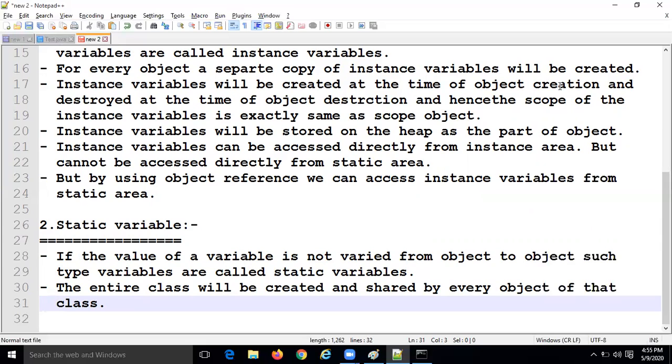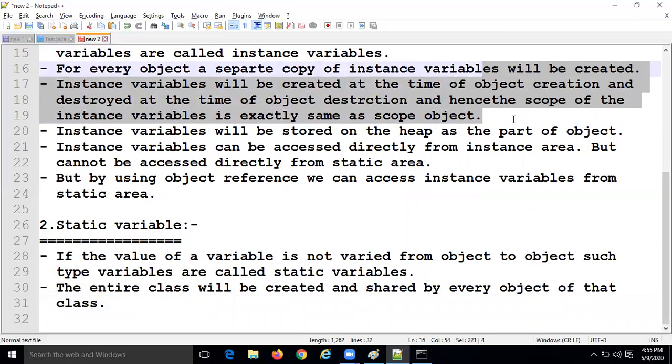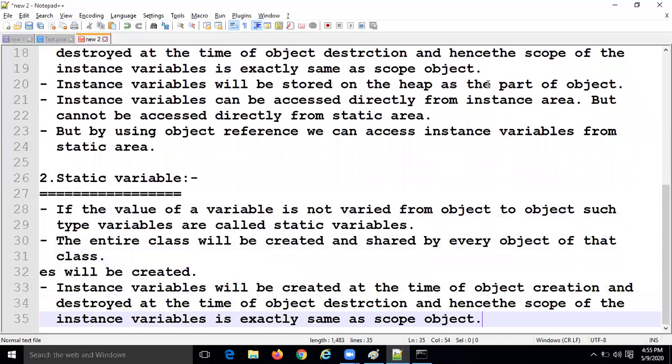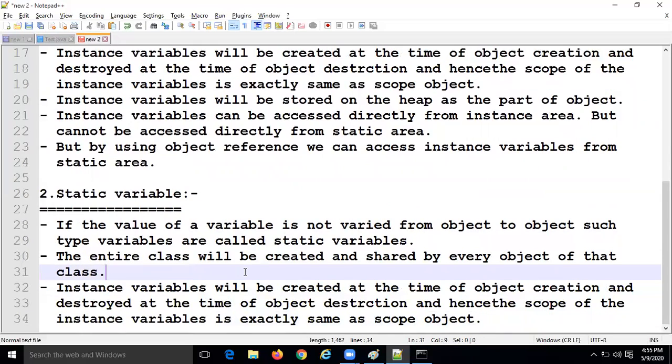Here, the static variables will be created at the time of class loading. Let me copy and paste here. Mostly the same points will be repeated. Static variables.